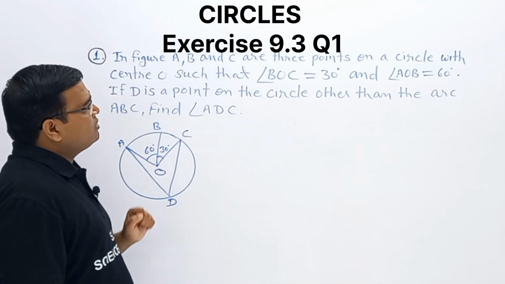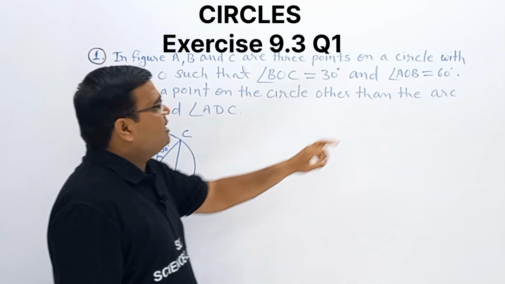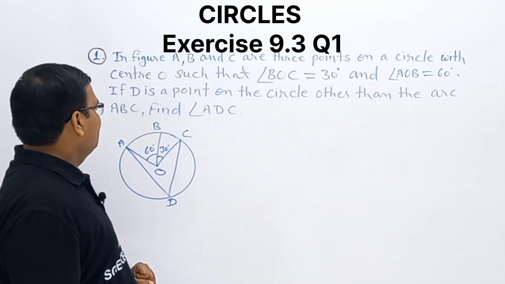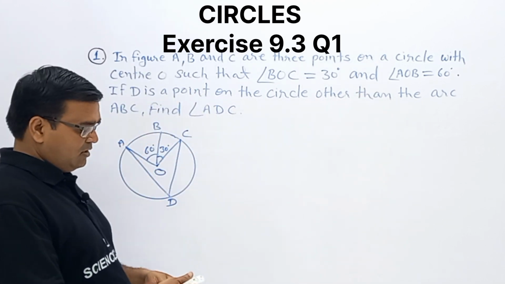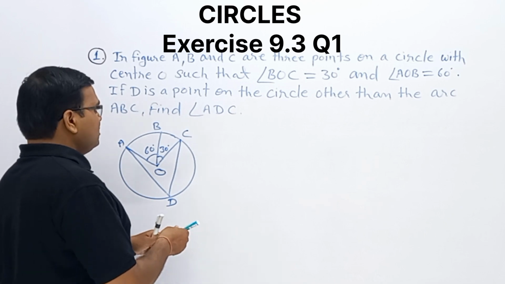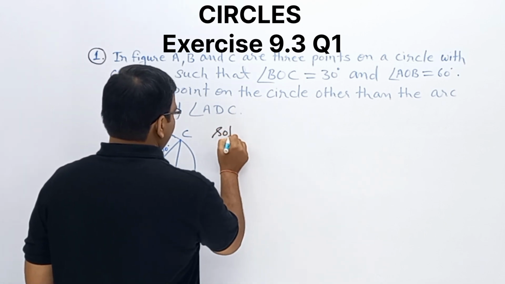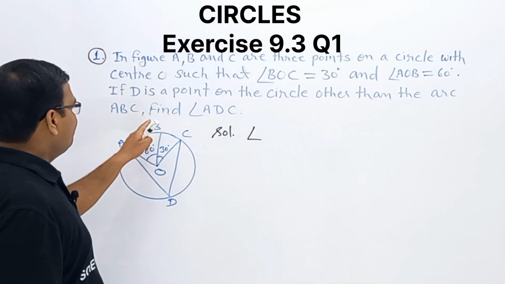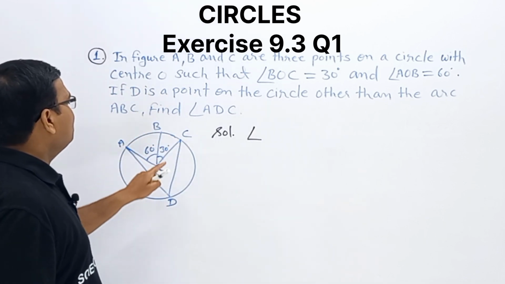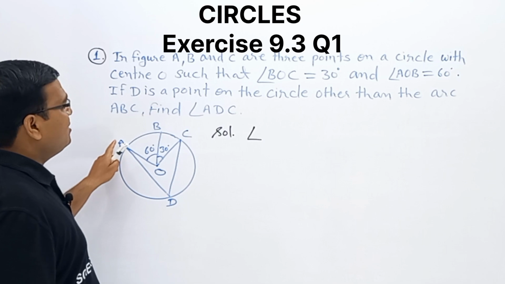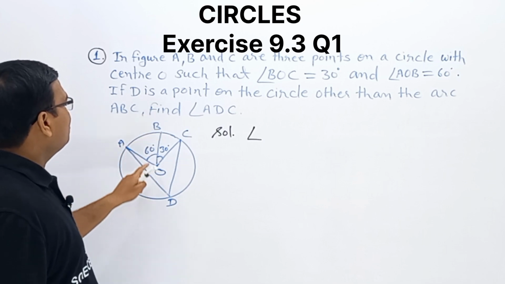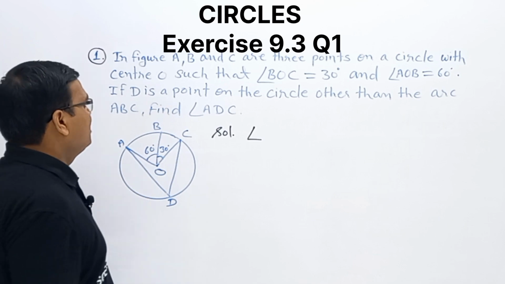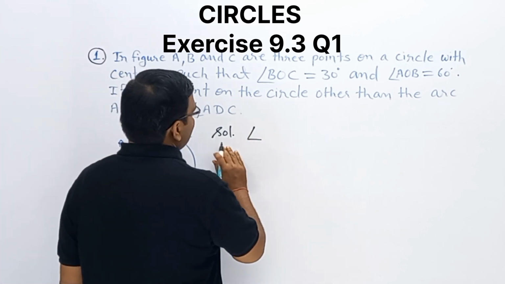Angle BOC is 30 degrees. Angle AOB is 60 degrees. So what can we say? What about its solution? Angle BOC is 30 degrees. Angle AOB equals 60 degrees. So what about the angle AOC? So the solution will be: